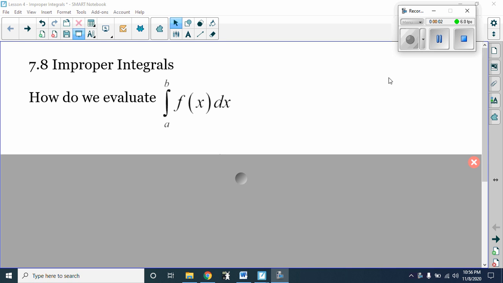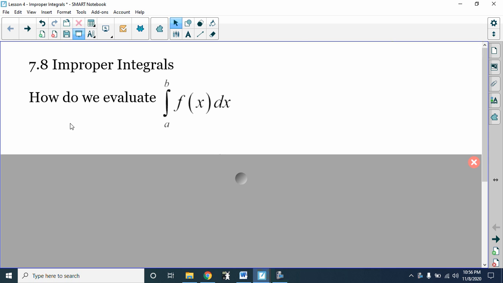This is section 7.8. It's titled Improper Integrals. Going back to Calc 1, Calc AB, the calculus you took last year, we are asked how do we evaluate